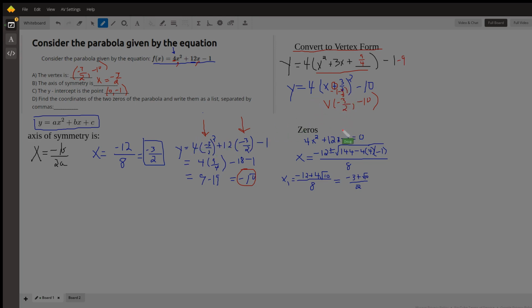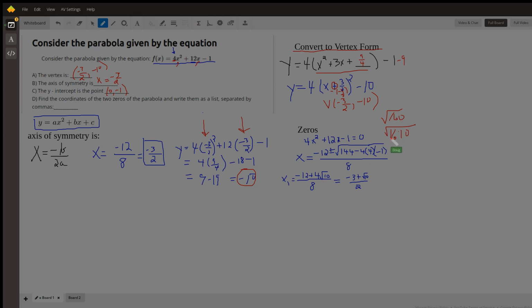Okay, to find the zeros, we want to know when this function equals 0. Unfortunately, it doesn't factor. We don't have rational roots, so we'll have to use the quadratic formula, or you could also solve it by completing the square, but usually we use the quadratic formula. So the opposite of b plus or minus the square root of b squared minus 4 times a times c, all over 2a. And the number inside the radical is 160, but you can think of that as 16 times 10,